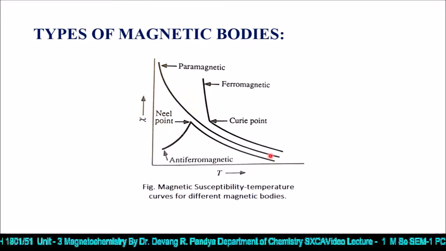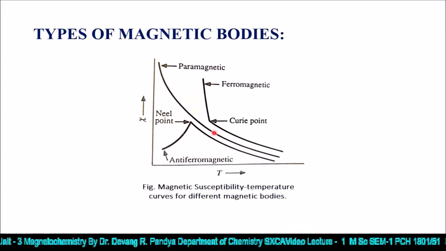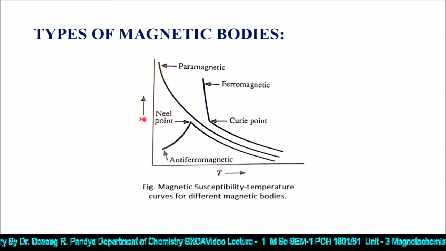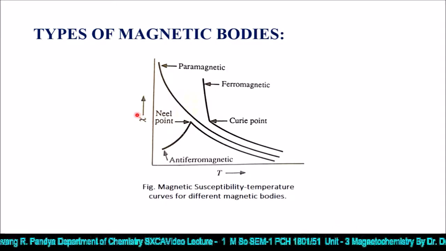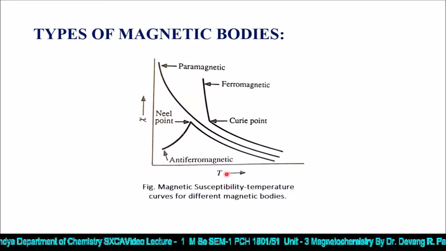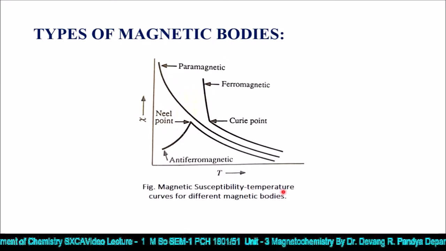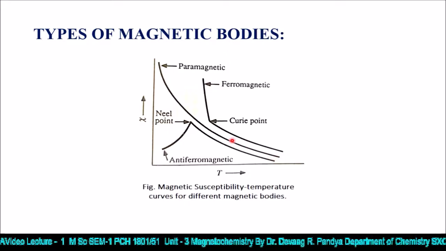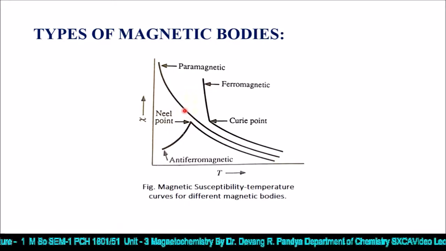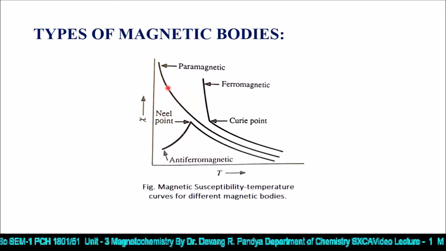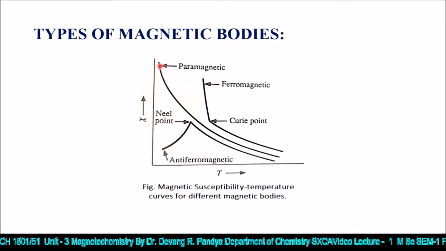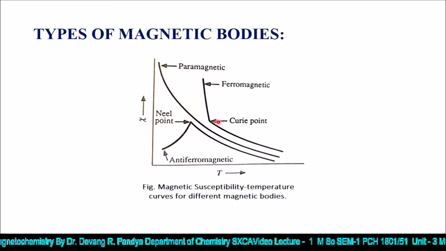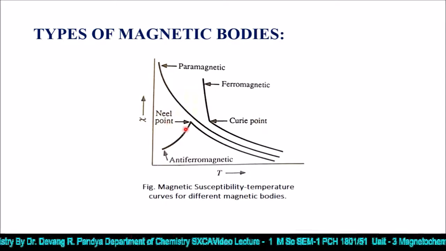Here you can see that a substance which is paramagnetic in nature, when we plot magnetic susceptibility versus temperature, shows a gradual increase in magnetic property as the temperature decreases, so the substance is considered paramagnetic in nature. But at a particular temperature, which is known as the Curie point or Néel point,